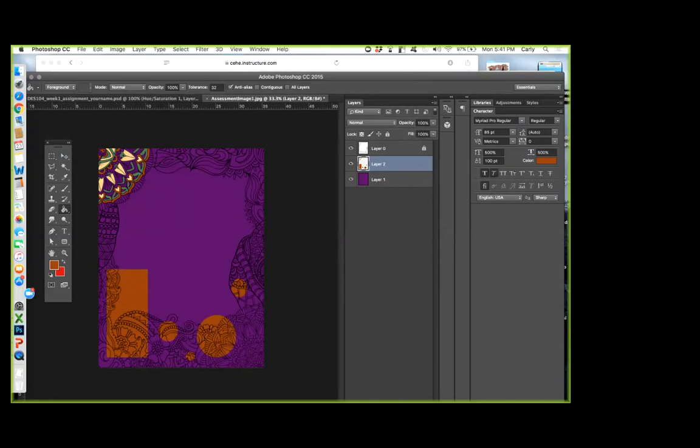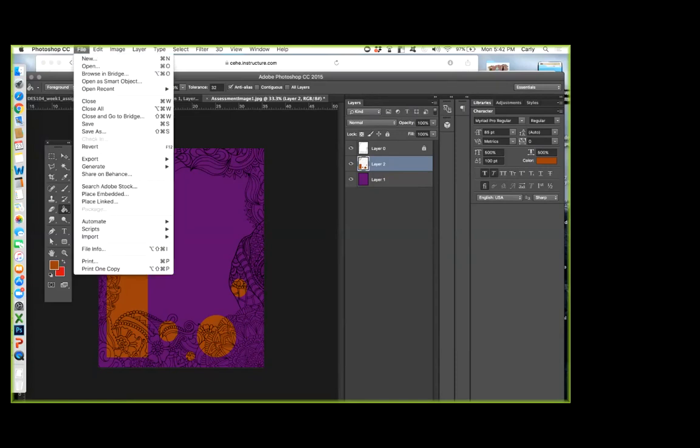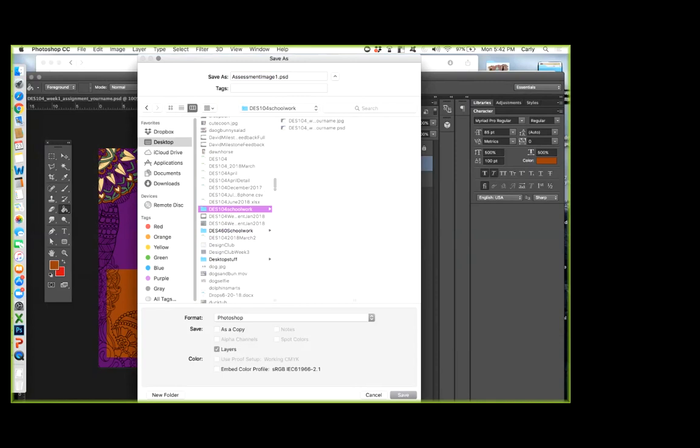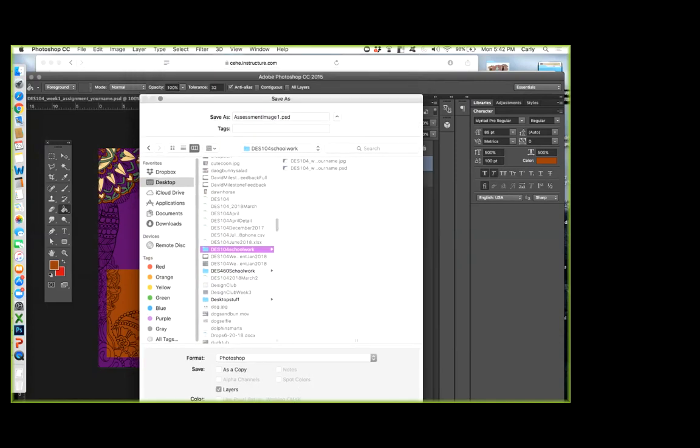For this assignment, you are going to be turning in a JPEG, and you're going to be keeping your Photoshop document so that if I'm not sure that you used the multiply tool, you can then send it to me and I can check, okay? But you're going to be turning in the JPEG. So I'm going to go to File, Save As, and we are going to be, of course, saving and backing up our project as a Photoshop document, DES104 week 1 assessment